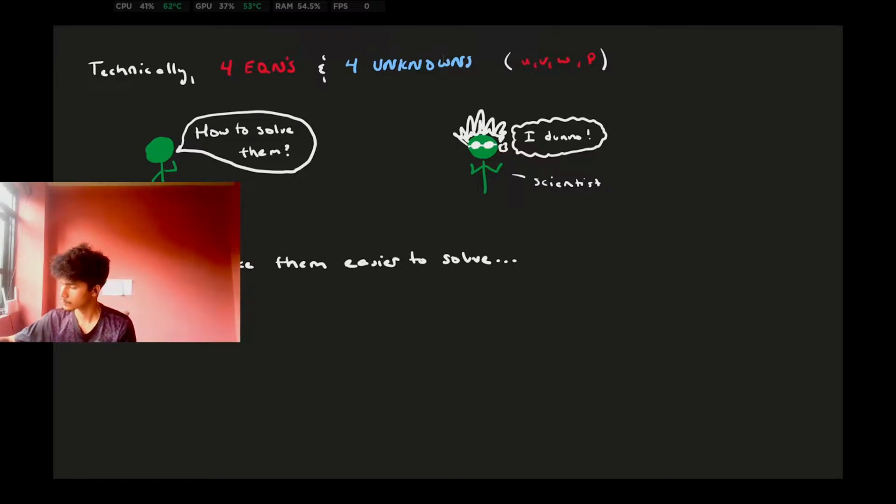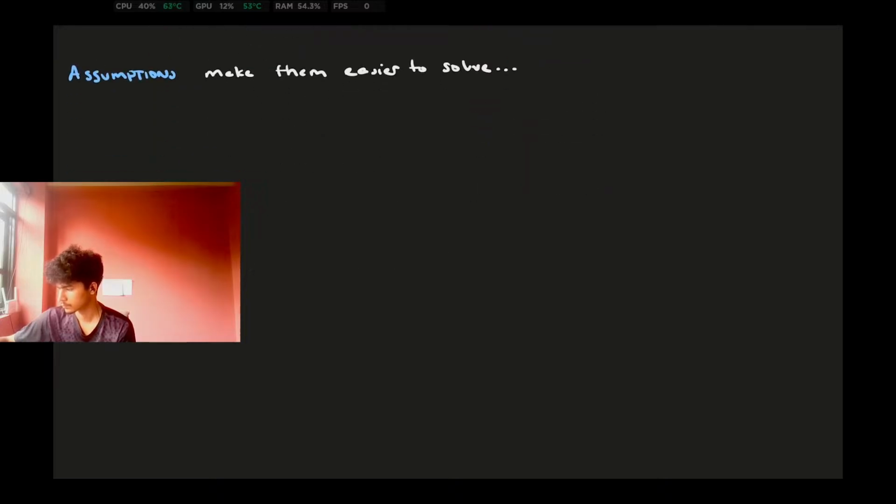Making assumptions removes terms in the equations that make them easier to solve overall. Let's jump right into the major assumptions, talk about what terms they impact, and when you can make them. First,